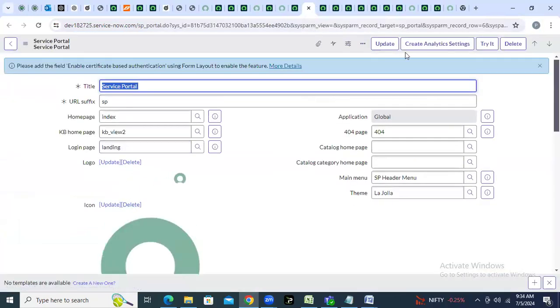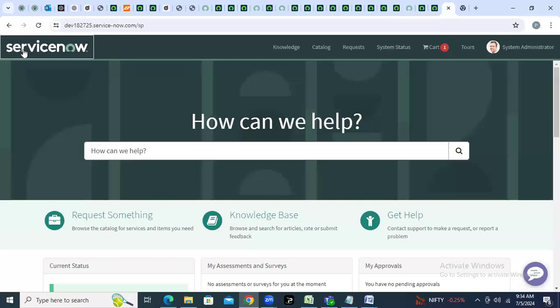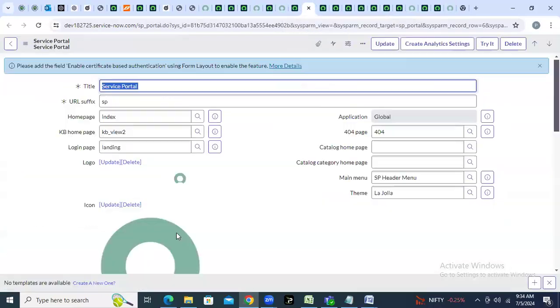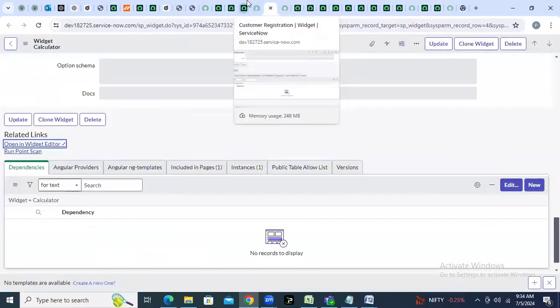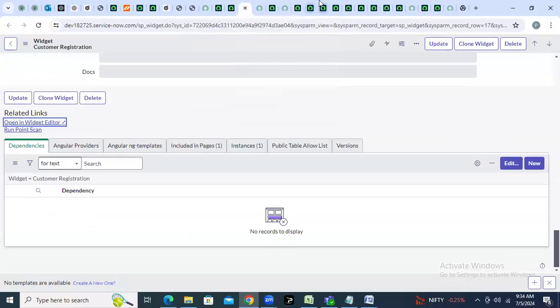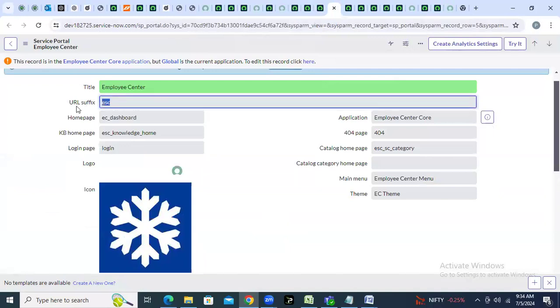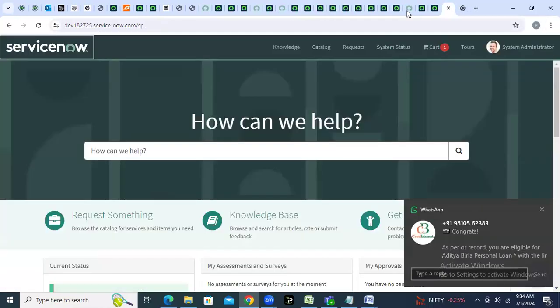This is my logo. Logo means that is coming in over here. And the next one, this is my icon. For example, in the employee service center, my logo and icons are different. This is my icon. If I open this ESC portal,